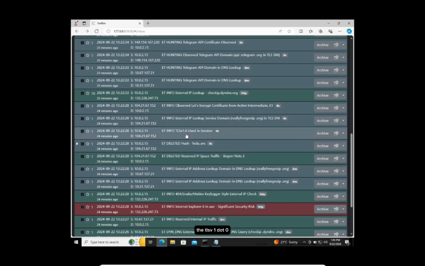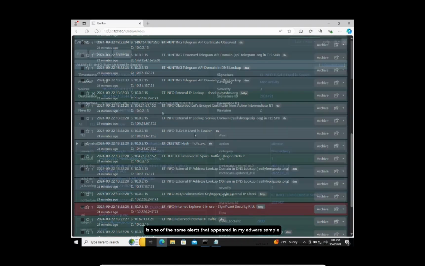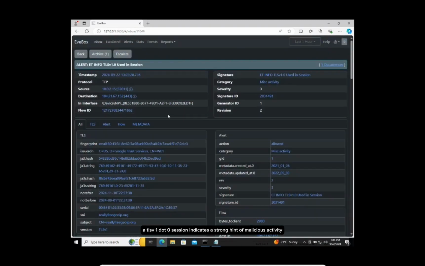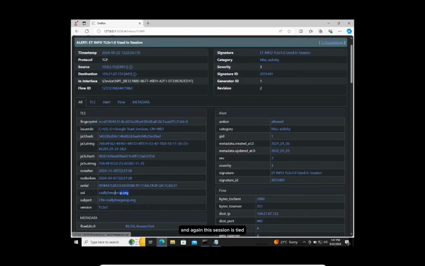The TLS v1.0 is one of the same alerts that appeared in my adware sample. A TLS v1.0 session indicates a strong hint of malicious activity because it is an older, outdated version of the transport layer security protocol. Because it's considered outdated and less secure compared to newer versions, using this version may expose the session to certain vulnerabilities, and again this session is tied all the way back to that original alert of the reallyfreegeoip.org